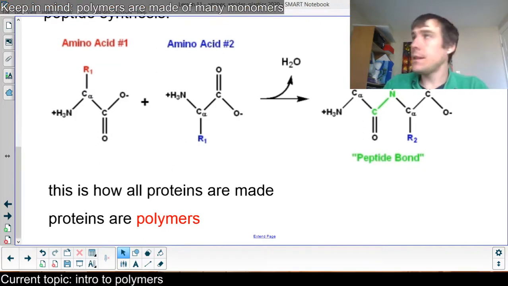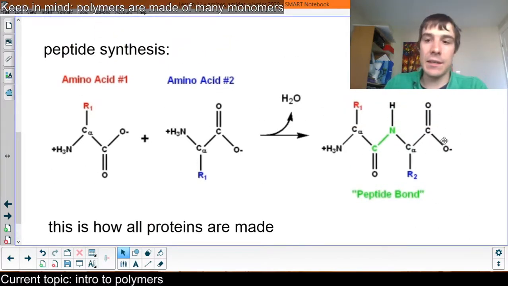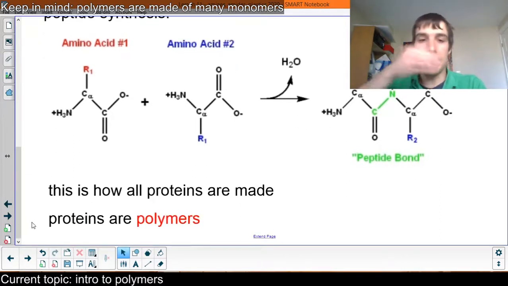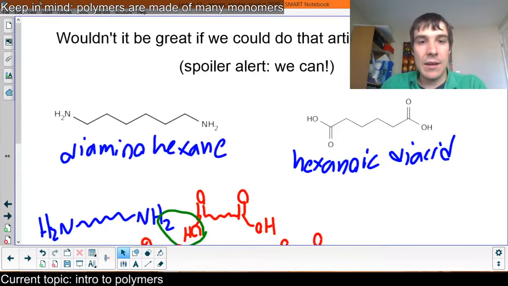Right, so let's look at this amino acid. We have an amine on one side and a carboxylic acid on the other. The carboxylic acid is going to meet up with the amine and make this amide bond, but there's still a carboxylic acid on this side, which means that could bond to another amine group, and then you'll have another carboxylic acid, and so on and so forth. So that's going to create this big long chain, and we would love to be able to do this artificially,